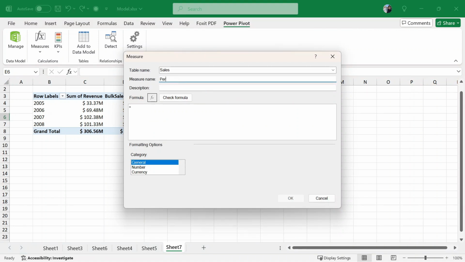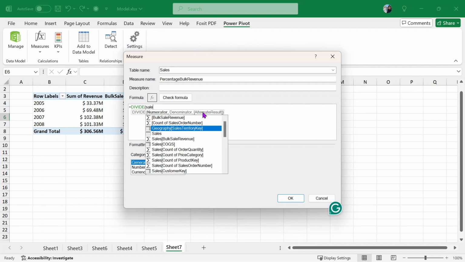Percent PRC, percentage bulk revenue. So what it will do, let's take divide. It will divide, then we have to give the numerator. In the numerator it will take only the sales value, sales revenue amount,